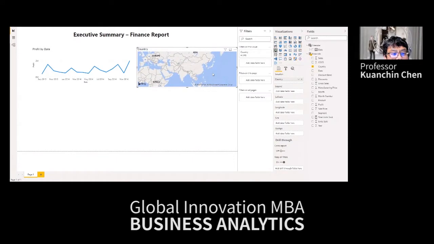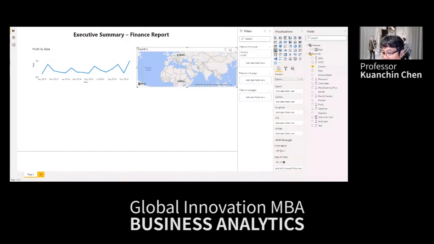Let's see where Taiwan is, right there, right? So we see that right there. Okay, good. So you can drag around and see it, right? If it is just a map, it's not helpful, you know? But the power this provides is that since you have country selected in there, can you actually